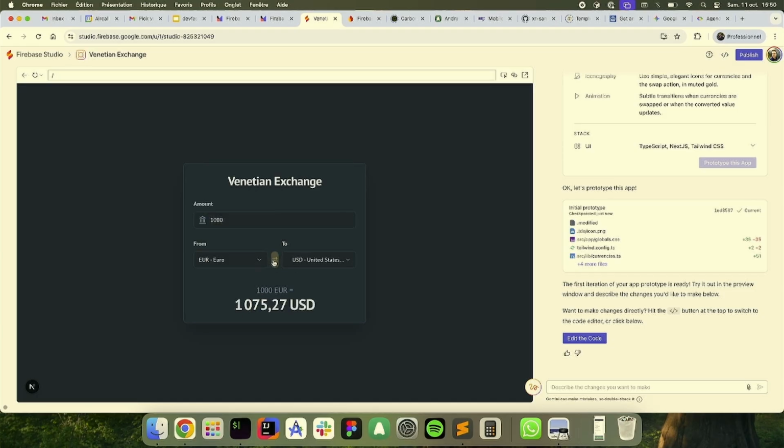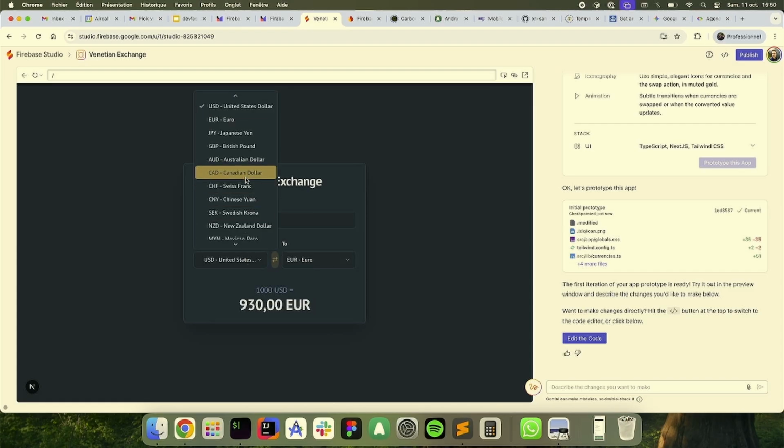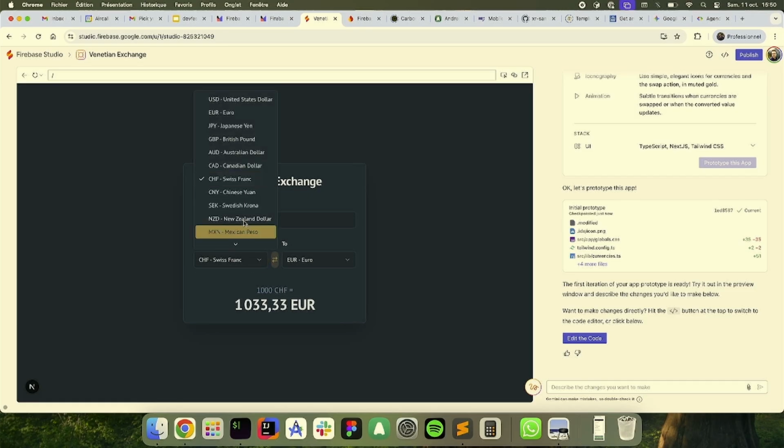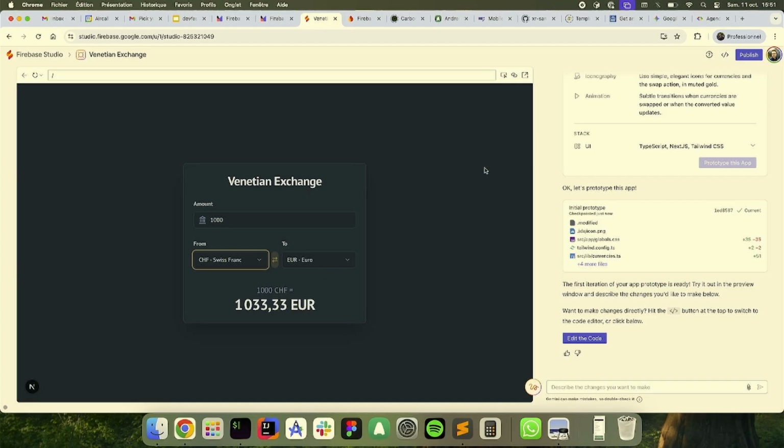So that's another feature that has been defined by AI. I can choose other currencies, Swiss franc or whatever. That has been thought up by AI. So you have a simple application from a simple idea, and then you can start to iterate or start coding yourself,